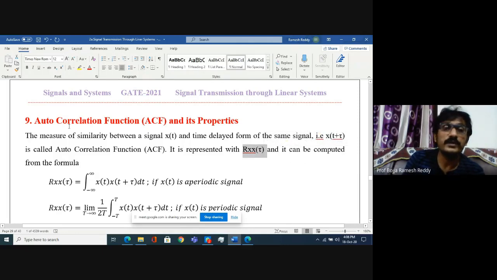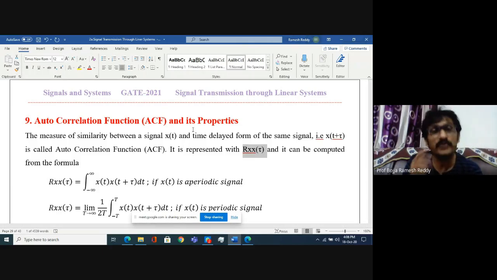It is the most widely used parameter in communication. When noise enters and disturbance is there in communication, for analysis purposes, we check what happens in the communication system, where it is wrong and how to rectify it. For that, we can go for time domain and frequency domain analysis. Those analyses involve autocorrelation function, cross correlation function, energy spectral density, and power spectral density. These are the four required parameters used in the analysis of noise in a communication system.